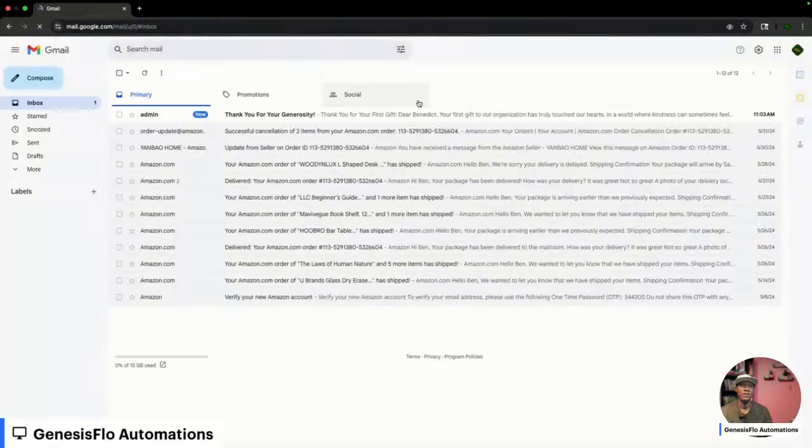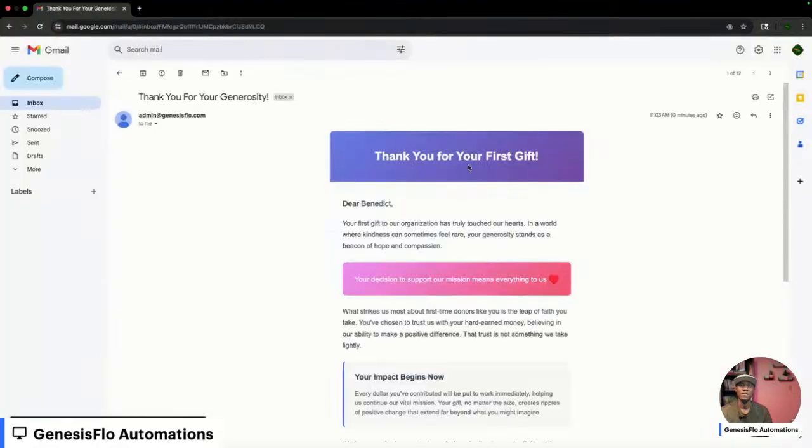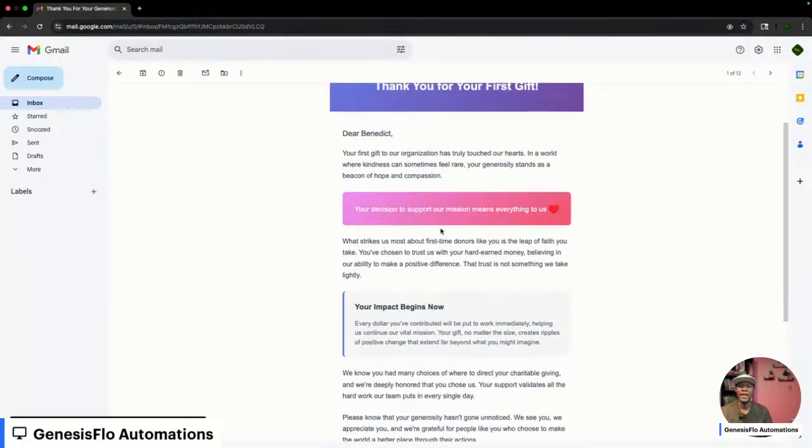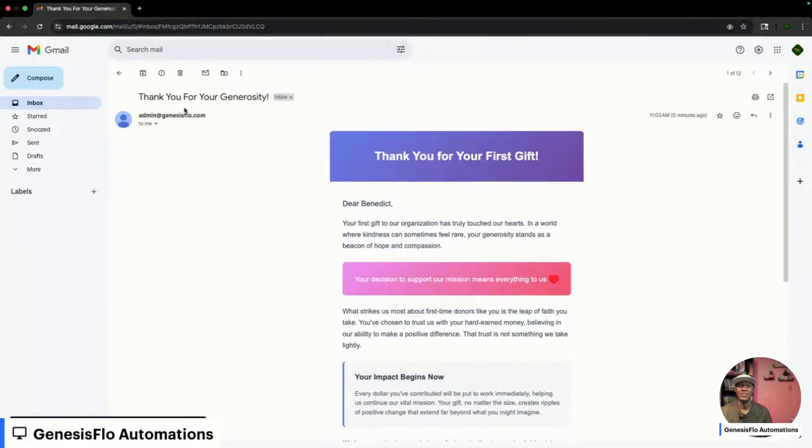Well, let's see. Yes, we did. So boom, voila. This is our email. Thank you for your gift, dear Benedict, your first gift to our organization. This nicely laid out email is sent to them right away, and they know that you care about them. By doing this, you're able to reduce your rate of first-time donors not returning.